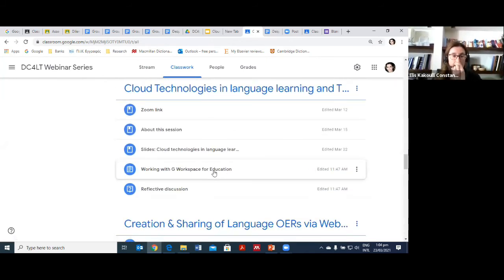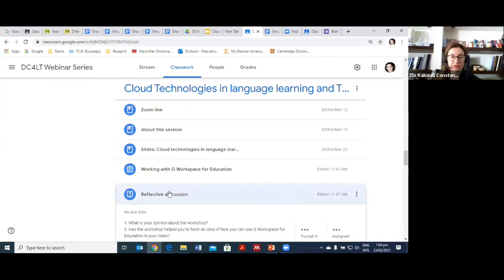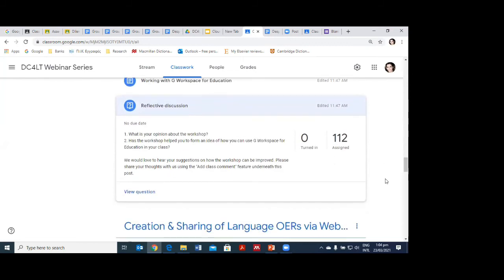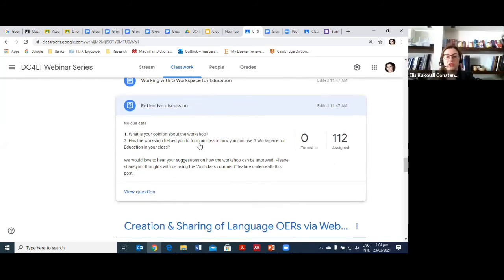So here we are. It's this last activity, the reflective discussion activity down here. What is your opinion about this workshop? Has this workshop helped you to form an idea on how you can use Google Workspace for Education in your class? Before we move on to the activity, I suggest that I'm going to open this discussion as an oral